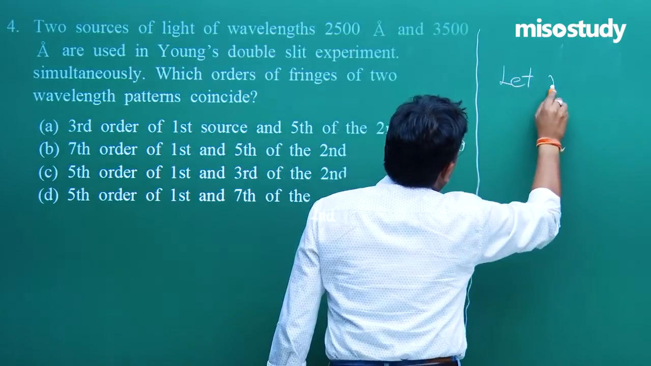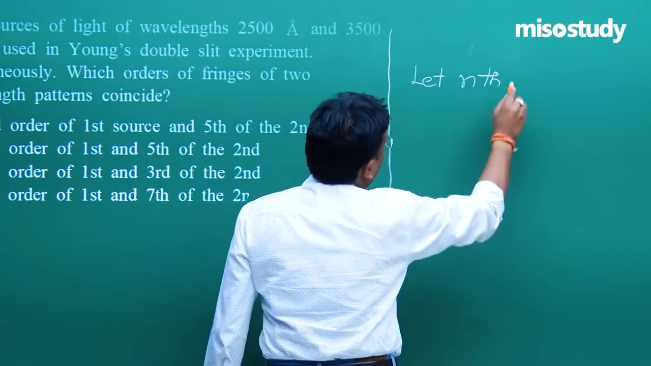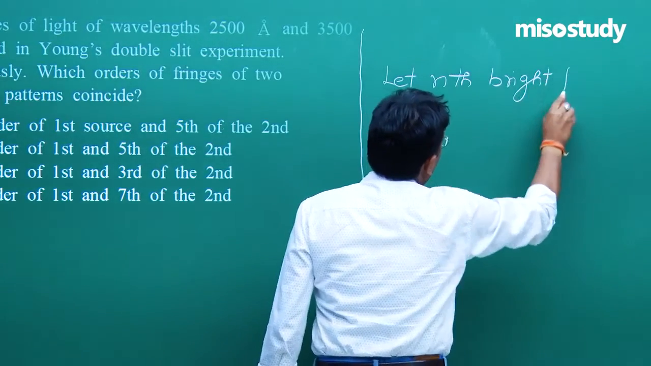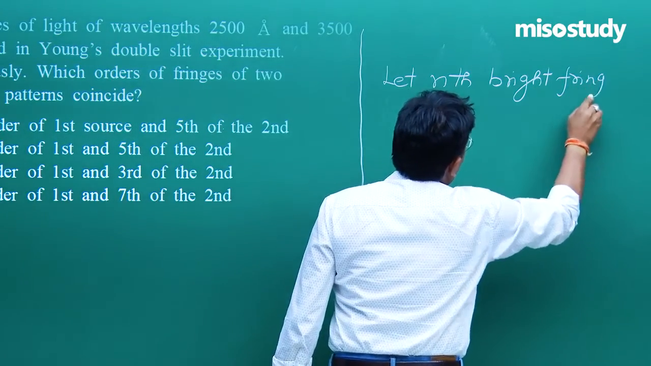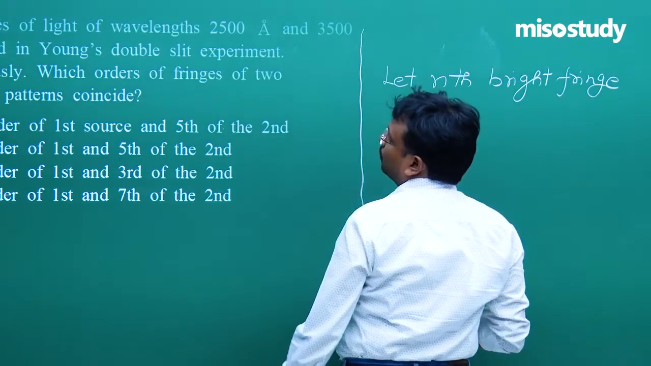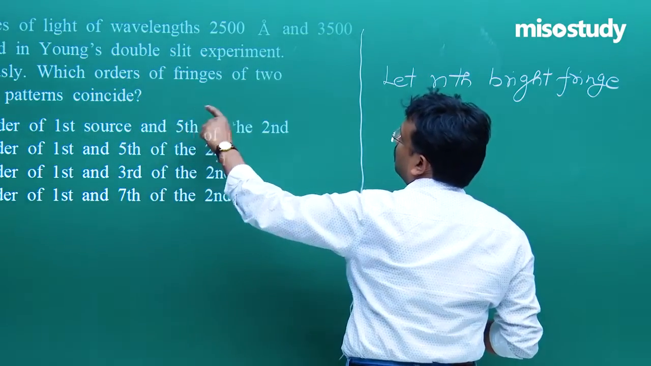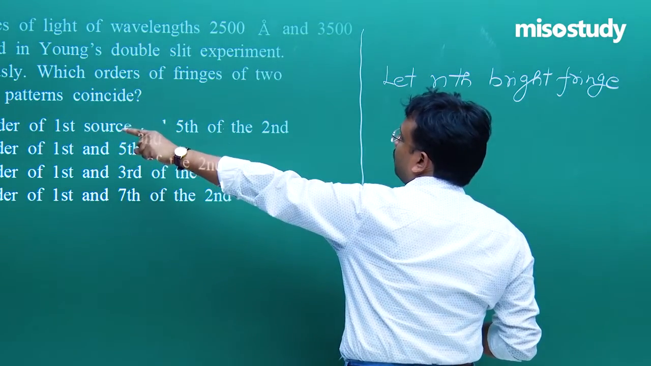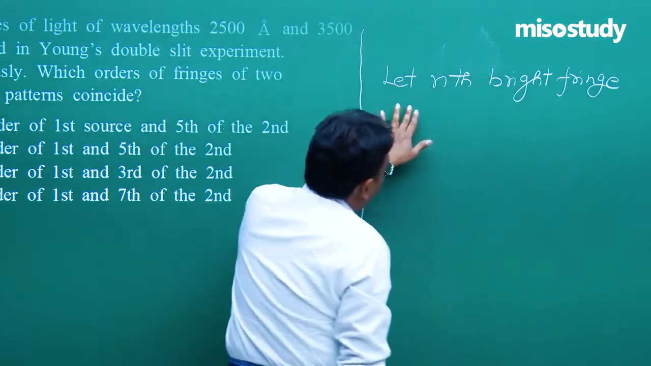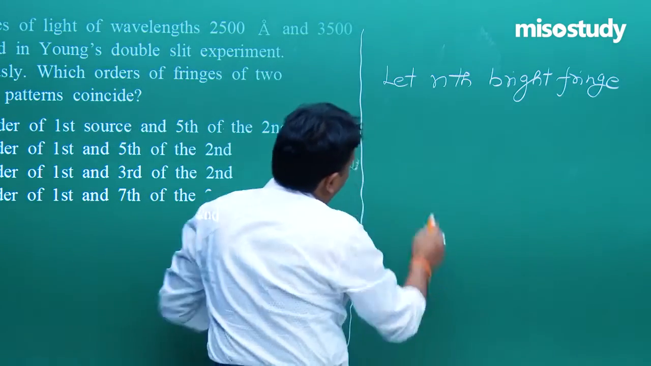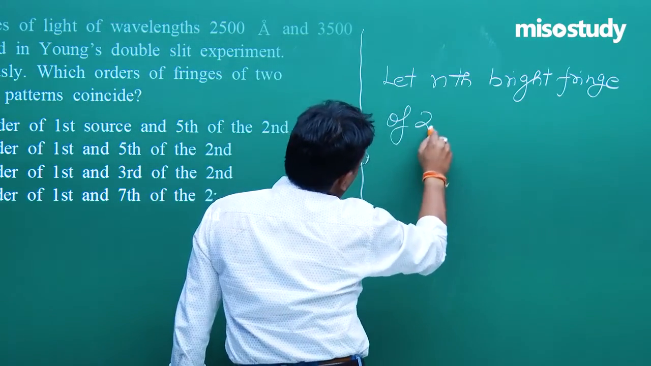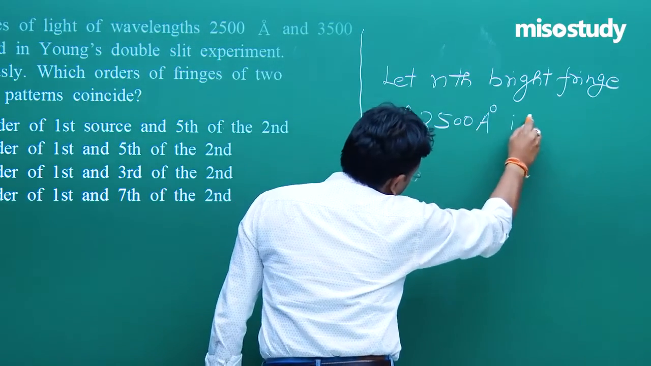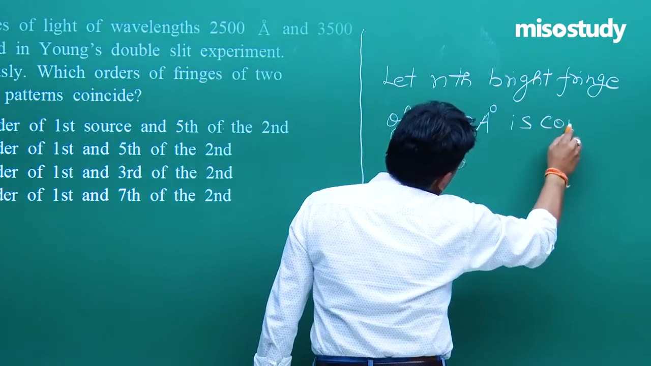Let the nth bright fringe, fine, because it is mentioned in Young's double slit experiment, which order of fringes of two wavelengths pattern coincide. So let the nth bright fringe of 2500 angstrom is coinciding,